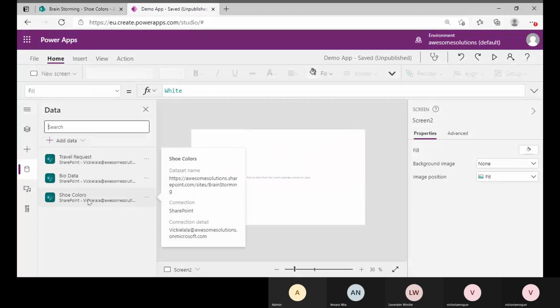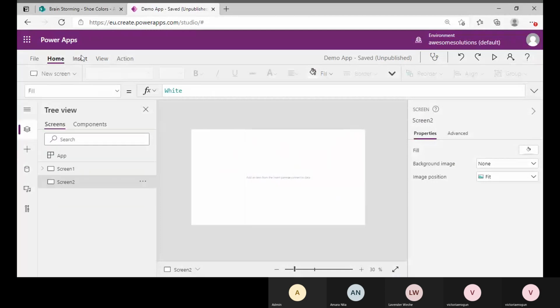This data source, shoe colors, is just a list that has the total number of colors of shoes I have. That's an assumption though. So I would insert a gallery to show us